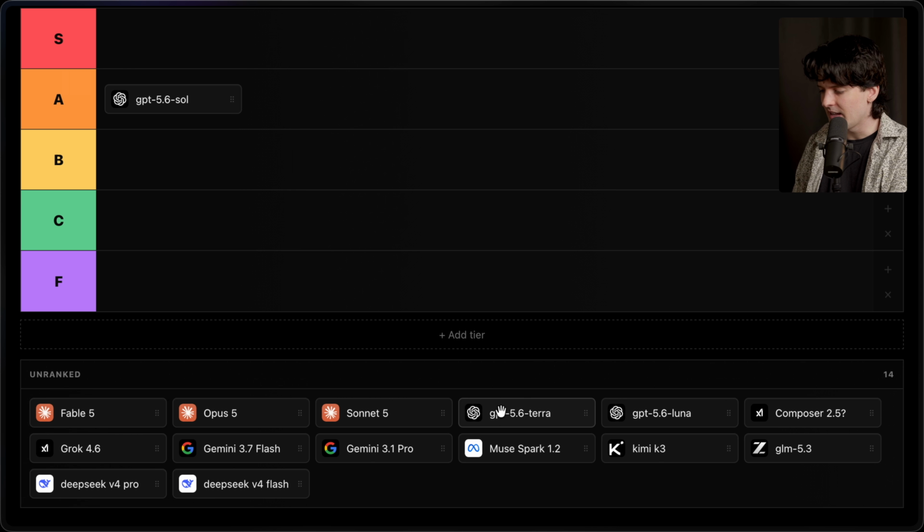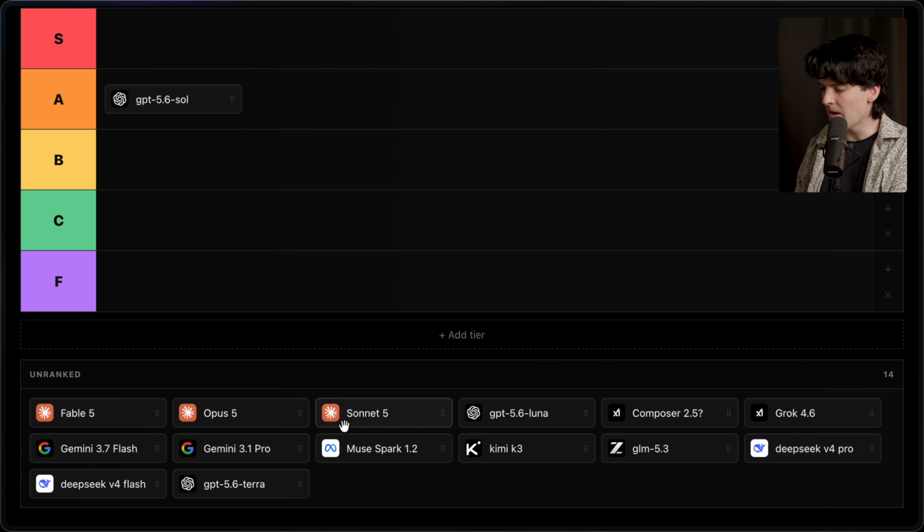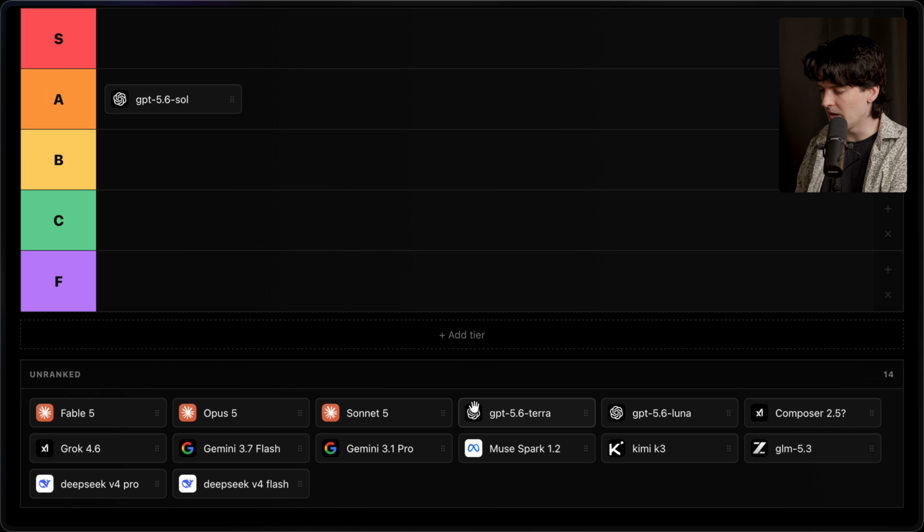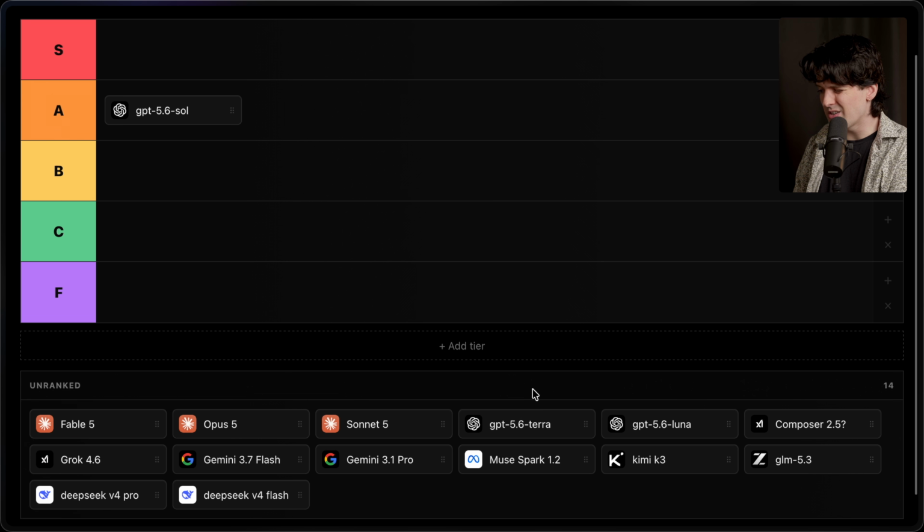I think Terra is actually a really good one to do next. Terra is an interesting model because it came out alongside Sol and Luna. I don't think they should have released all three at once. It made it hard to know what to use each for. 5.6 Sol is $30 per million tokens out. 5.6 Terra is $15 per mil out. I think they lowered it